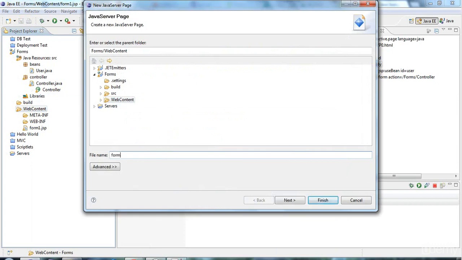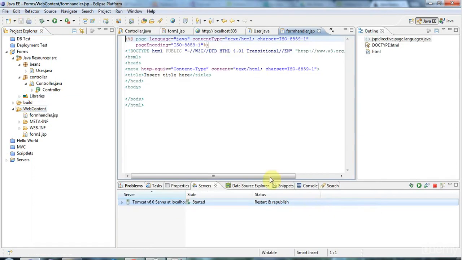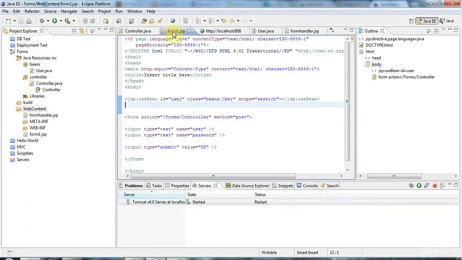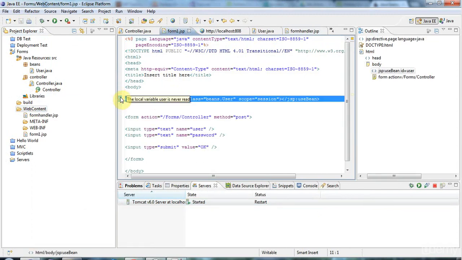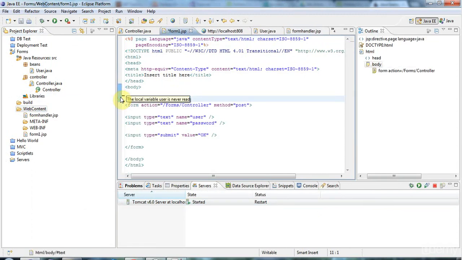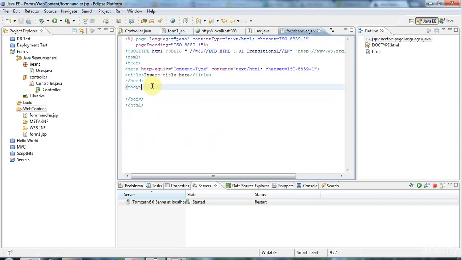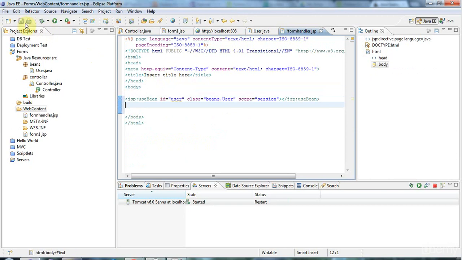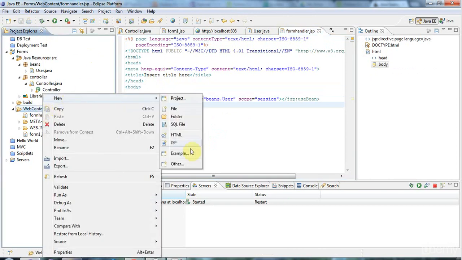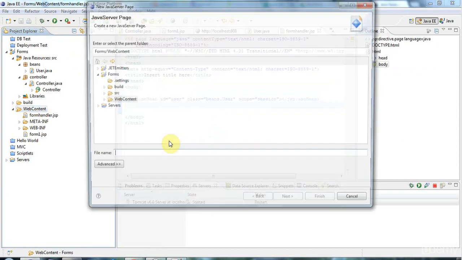form handler.jsp. Let's click finish, and I'm going to take this use bean statement and paste it into this form handler.jsp, and while I'm at it I'm also going to right click here and create a new JSP, and I'm going to call it